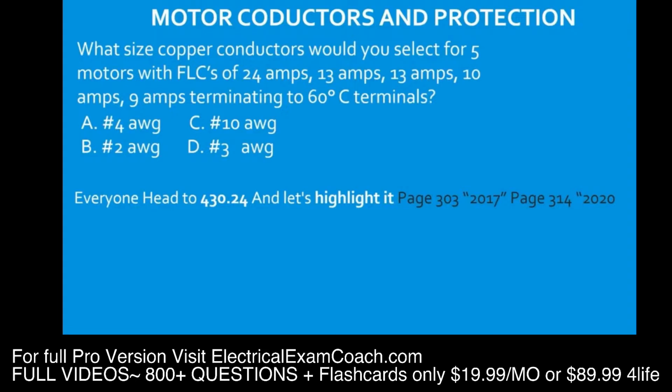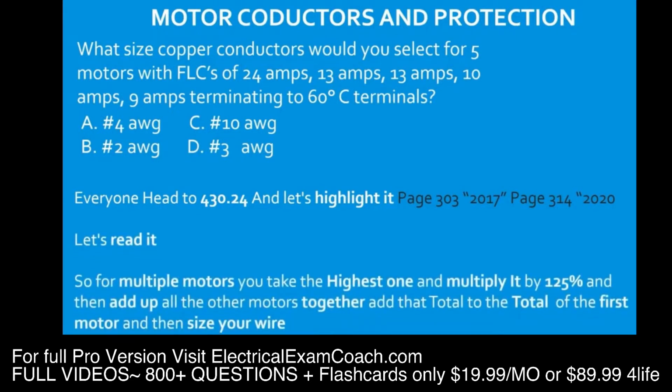And then go down to part 2 and just highlight all of part 2. So you're going to highlight the word 125% in part 1, and you're going to highlight all of part 2. So what this is stating, to simplify it for you, when you're dealing with multiple motors, you take the highest motor, so the highest FLC of all of them, and you multiply that FLC by